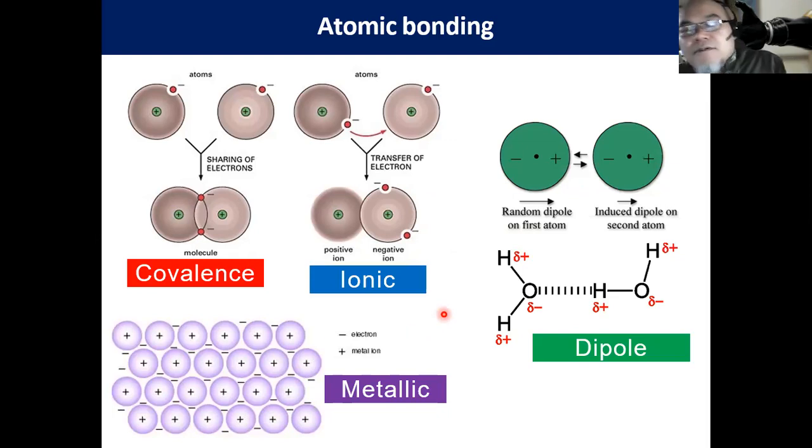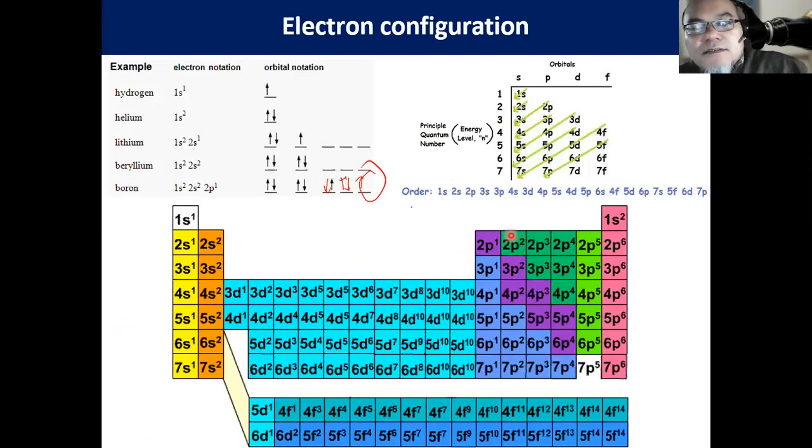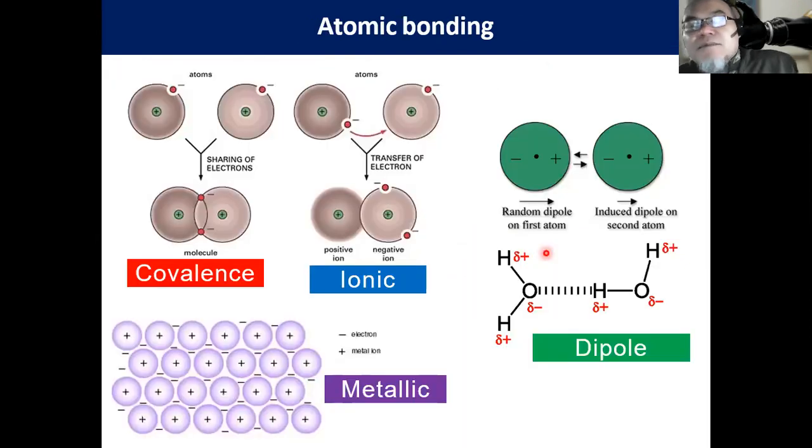But if you look, oxygen is somewhere here, I think in this part. So they tend to have two more electrons, but these electrons are acquired by sharing with another oxygen atom. That sharing means that the two electrons, one electron from one oxygen, the other from the other oxygen, will be traveling around the nucleus of both atoms, like that. This is what we call covalent bonding, and covalent bonding is very, very strong bonding.